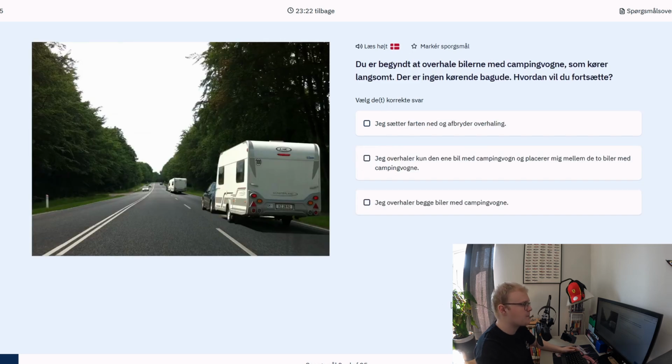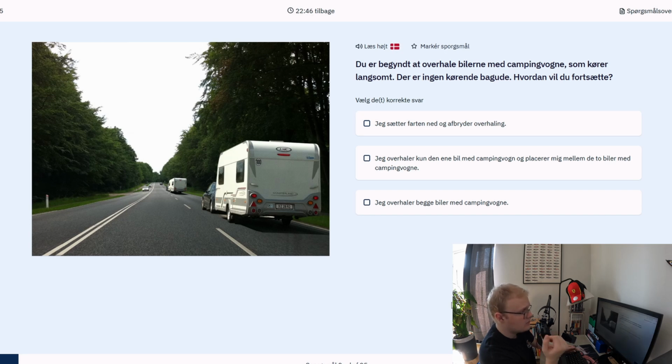That's the first one. You have begun to overtake the cars with the campers, which are driving very slowly. There is nothing behind you. How will you continue? Okay, so you see the road here. There are 2 campers on your right. This is a dual lane on my side and 1 lane on the other side. This is kind of trying to trick you into thinking that the oncoming traffic is of any concern, which it isn't. These campers seem to be staying in their lane. They're going slow. You can just overtake. So the first question is,